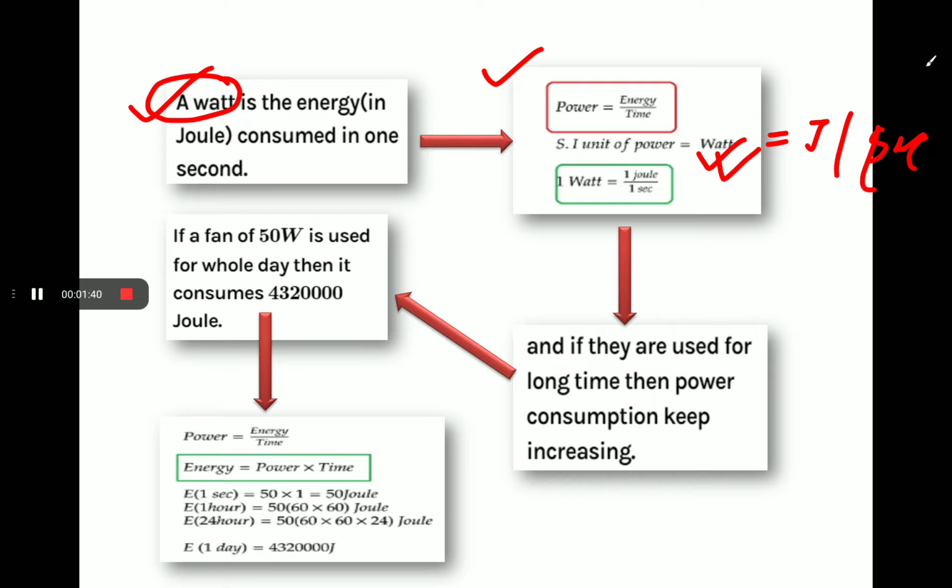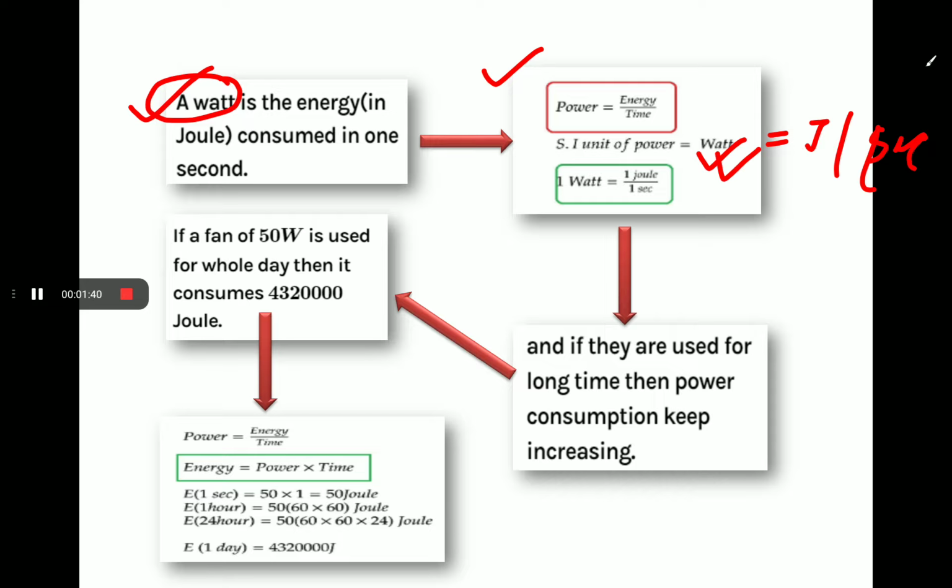So energy is equal to 50 watt power multiplied by 24 into 60 into 60 seconds, and after solving this we get the answer of 432 joule of energy. This amount of energy is consumed when a fan of 50 watt power is used for 24